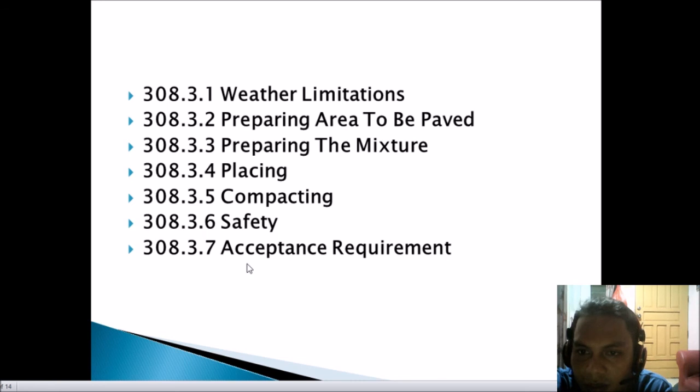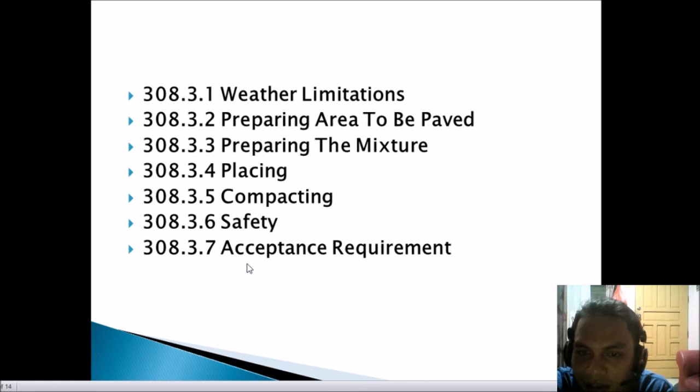Next is preparing the mixtures. The asphalt shall be warmed if necessary at the paving plant to a temperature at which it can be applied to the aggregate. Cold aggregate shall be fed carefully to the plant so that surplus and shortage will not occur and cause breaks in the continuous operation. Mixing time shall be the shortest time that will produce a satisfactory mixture. Next is placing the mix. This base course mixture shall be placed in one or more layers with an asphalt paver or spreader to provide a nominal compacted thickness of the base course.